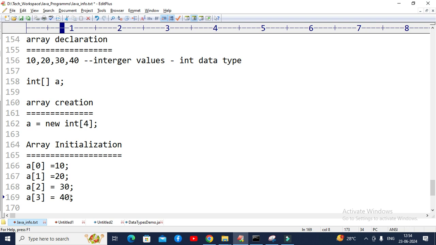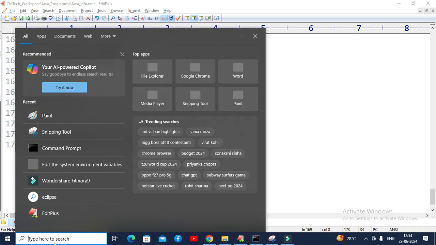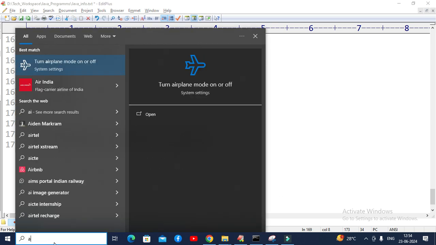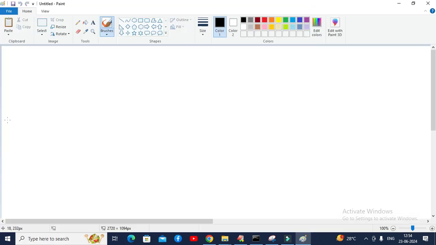Now let me try to explain these three steps with a diagram, and after the explanation with the diagram, I will go with the fourth step, how we can read the elements from the array. With the diagram we can get a clear explanation. So let me create one diagram here in front of you itself. So now here,